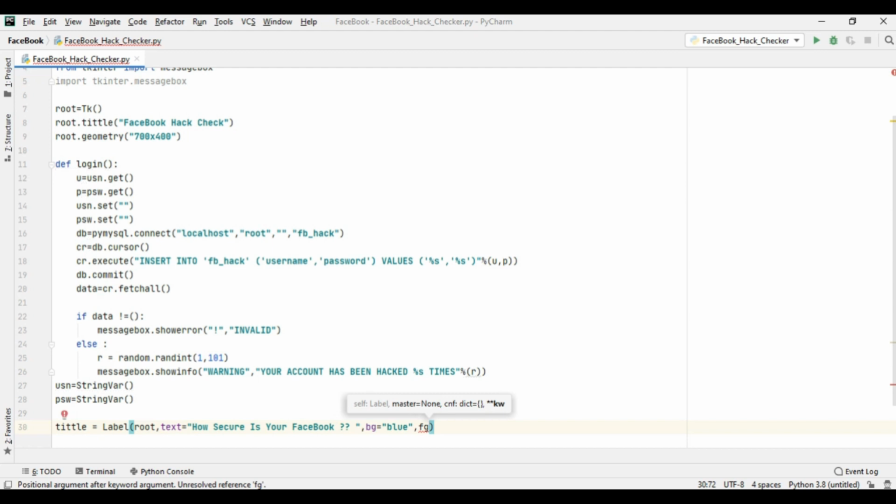And the foreground color will be white, just like Facebook. We can set the font also. Let the font be Arial, and the size, let's say 15.